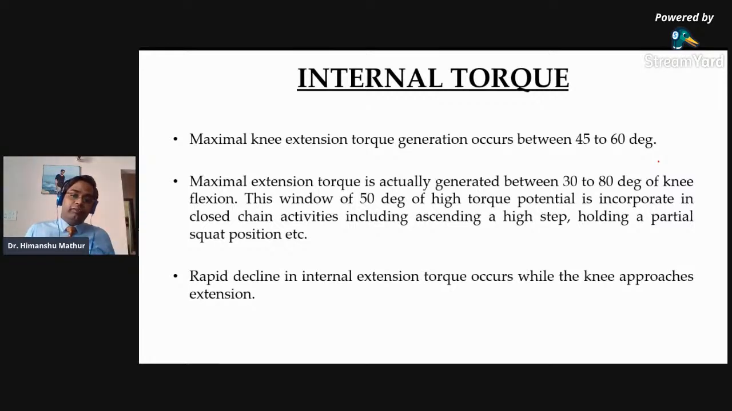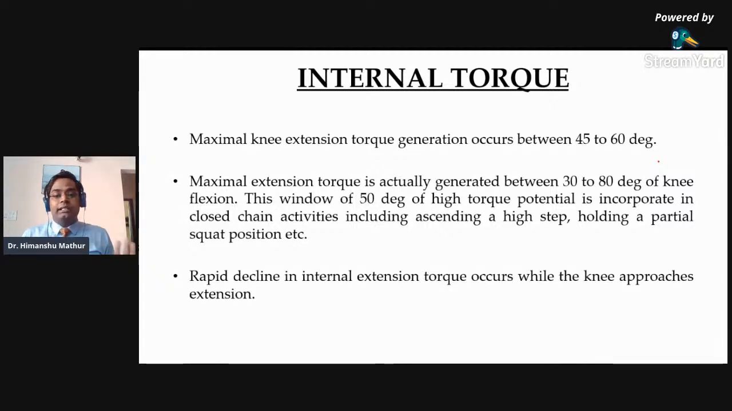ओके, तो एक विंडो जो हमारे पास है वो है 30 डिग्री ऑफ फ्लेक्शन से लेके 80 डिग्री ऑफ फ्लेक्शन के बीच में, तो वहां पे पूरे में एक बहुत ही अच्छा खासा इंटरनल टॉर्क का जनरेशन होता है। ओके, the window of 50 degrees of high torque potential is incorporated in closed chain activities including ascending the high step, holding a partial squat position. Rapid decline in the internal extension torque occurs as the patient approaches or the knee approaches